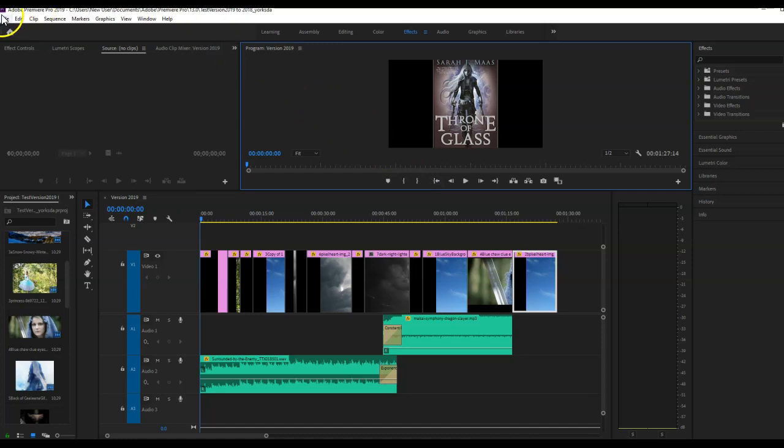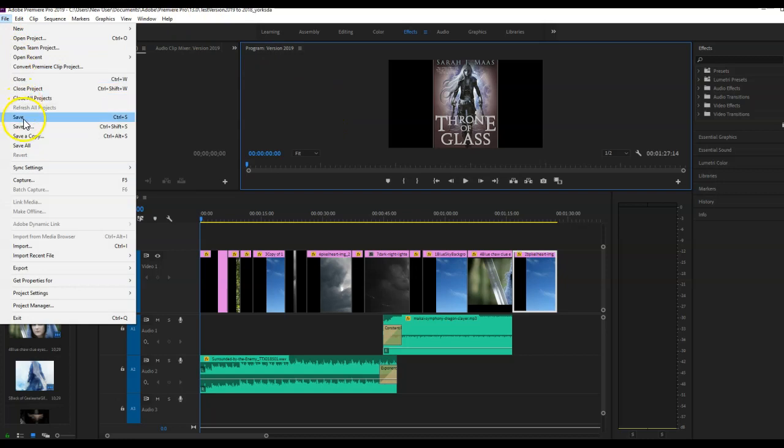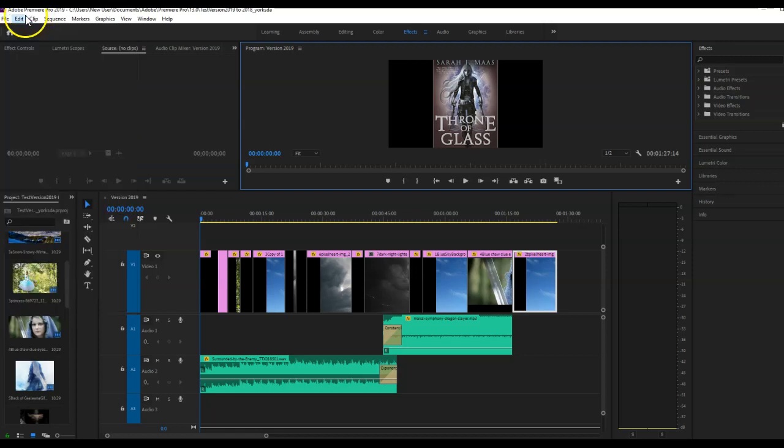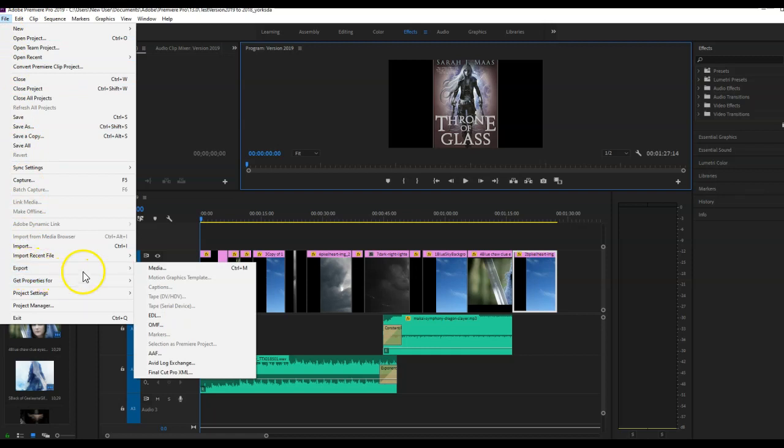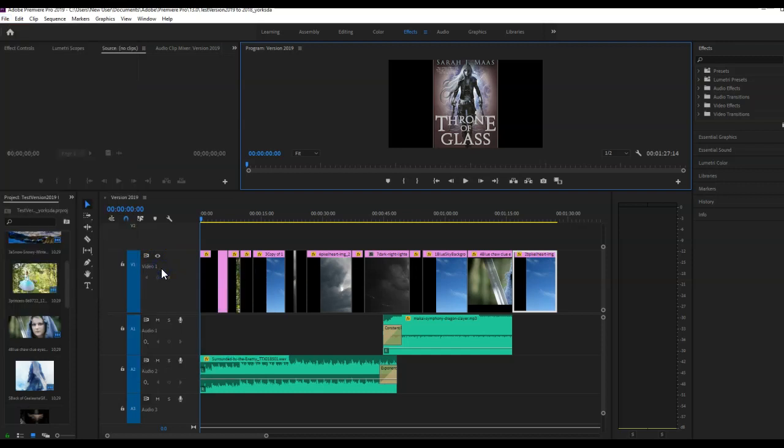Okay, so you want to File, Save As, and you're going to save this extra copy and call it Final. So you've already saved it. You've got to save in case you have to go back and fix something. Now you're going to save it again, Save As, and whatever you've titled it, at the very end, write Final. After you've done that, go back up to File and down to Export, and then go over to Media. So File, Export, Media, click on that,